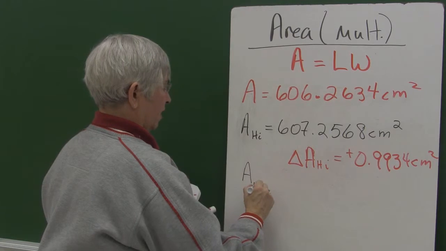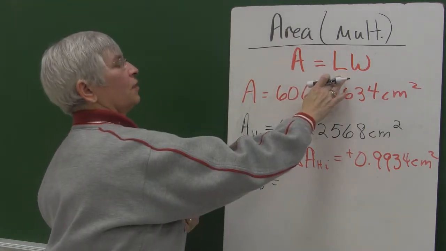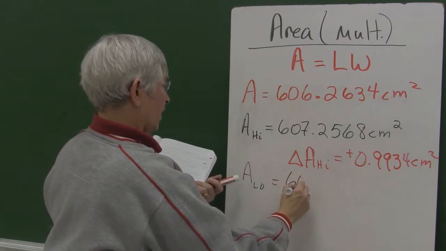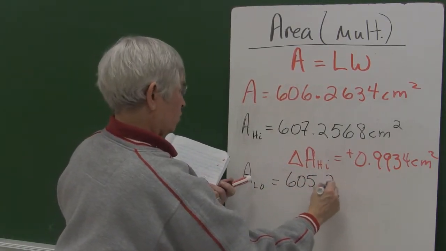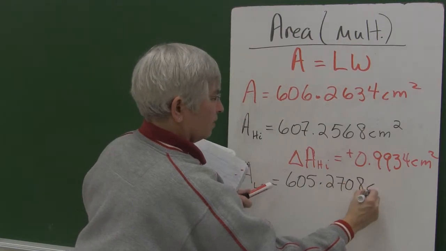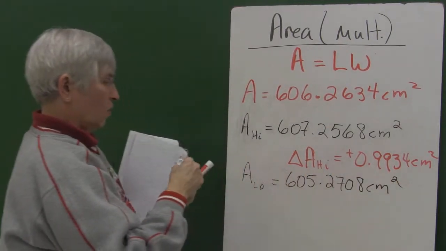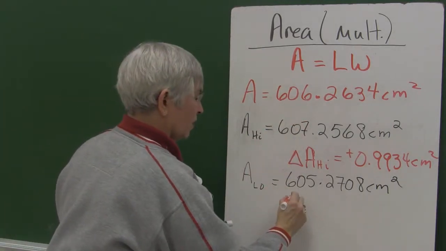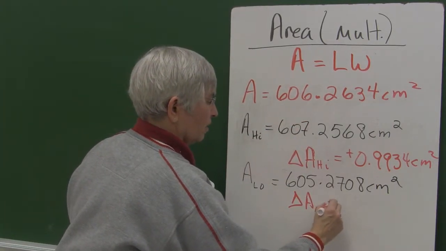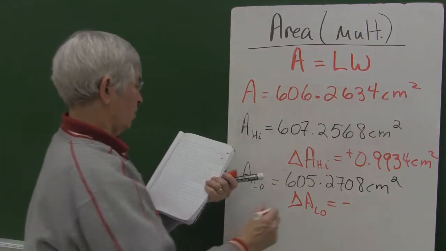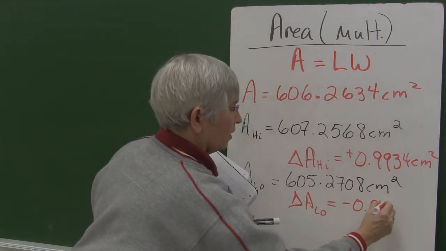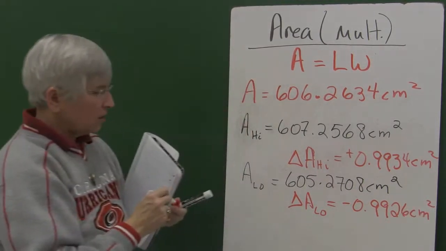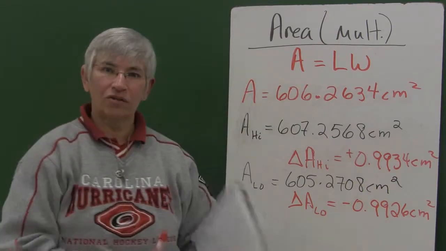So finding out the lowest value for the area would be using the lowest value for the length, lowest value for the width, and coming out with a value of 605.2708 centimeters squared, or I have a difference between this and my measured value at the low end of minus 0.9926 centimeters squared. And notice that the two ranges aren't identical. There's a slight variation because